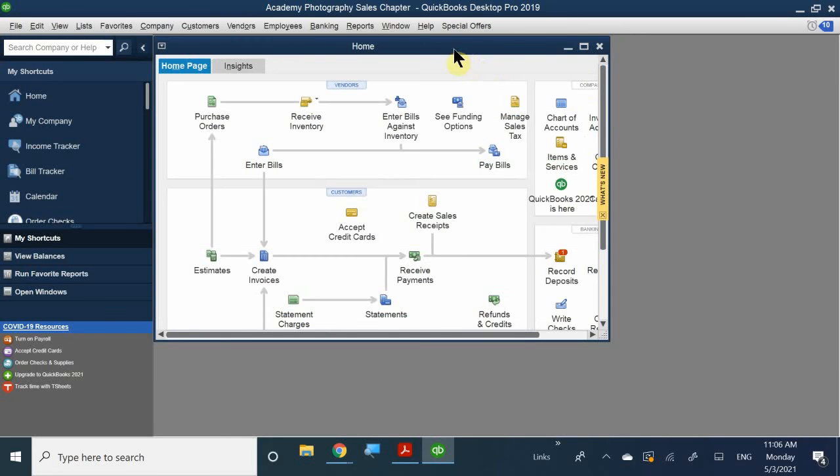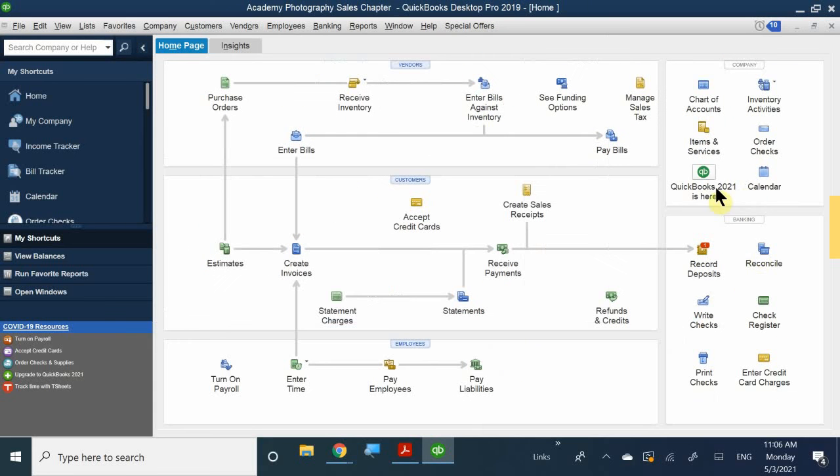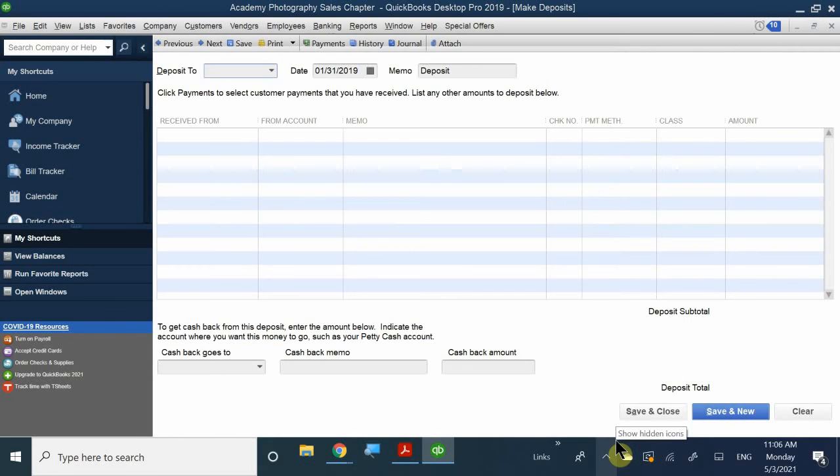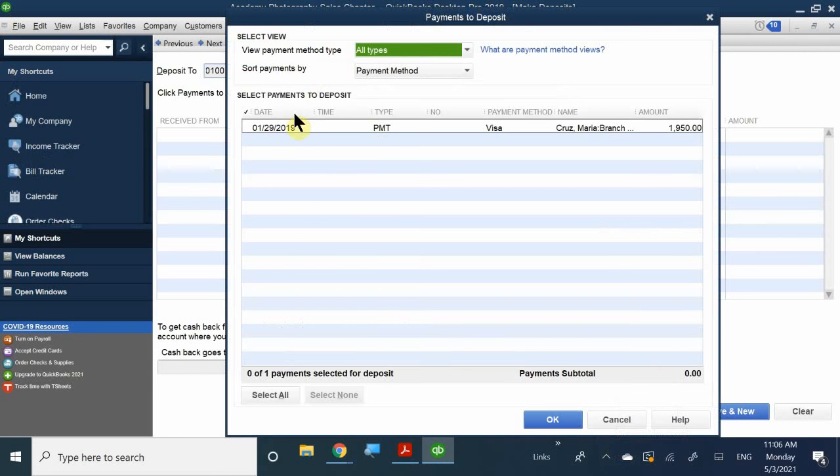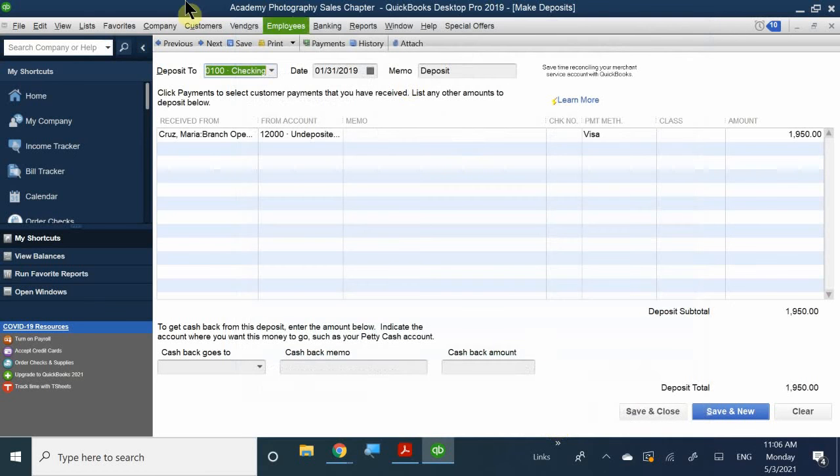Okay, so let's go ahead and record our last transaction here, which is going to be your credit card. So here I'm at all types, and I see that there's only one and last one, which is a Visa payment. And I'm going to go ahead and click OK. All right,